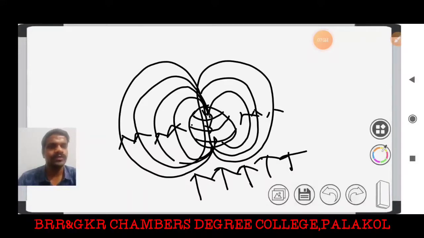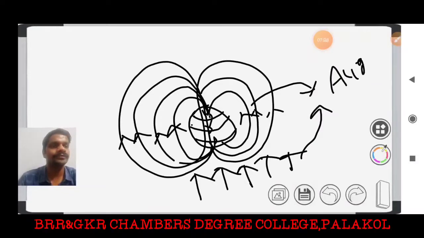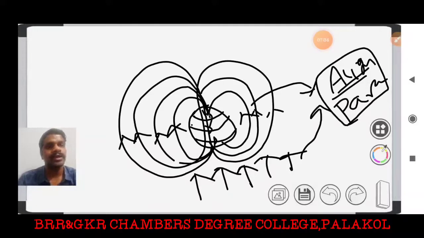Around the nucleus, if the produced secondary magnetic field and the applied external magnetic field are in aligned direction, then it is said to be paramagnetic in nature, and it is called the de-shielding effect. That means the nucleus resonates at a higher precessional frequency than the actual precessional frequency.